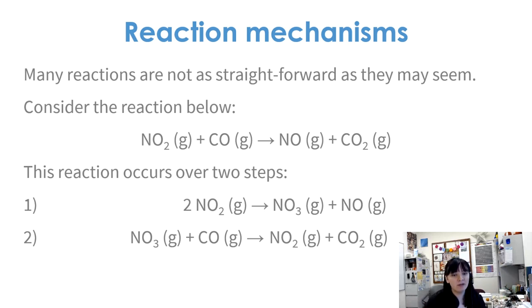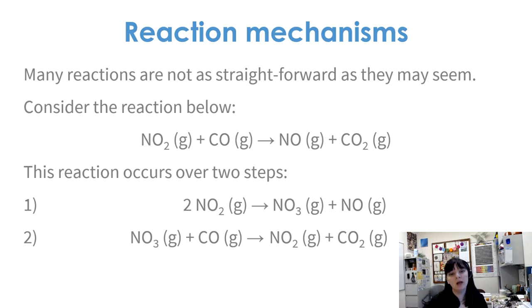The idea is that when we take these two steps and add them together, that equals our overall reaction. This is similar to what you maybe saw in the Hess's law type stuff from Chem 161 and 162. But in those examples, you maybe had multiple reactions being added together, and the product from one reaction was exactly the same as a reactant in another reaction. And so when you add those reactions together, you're essentially going to remove anything that's the same on both sides